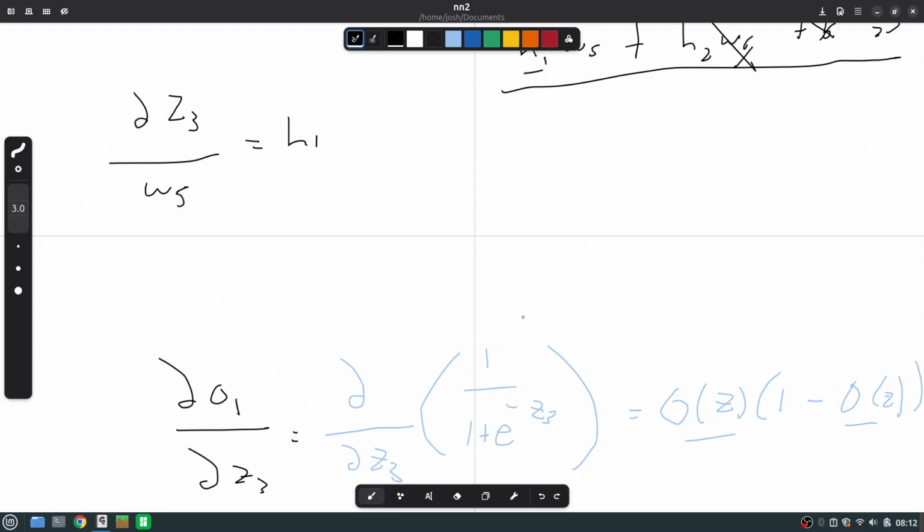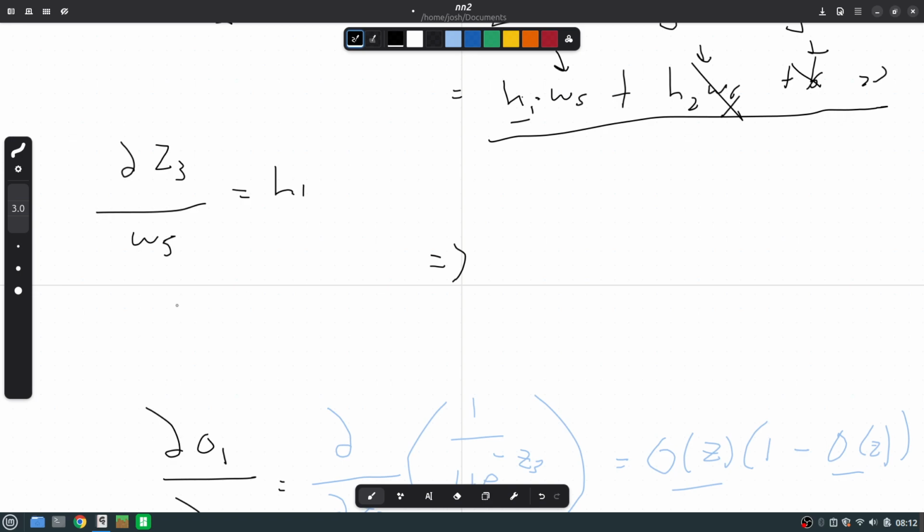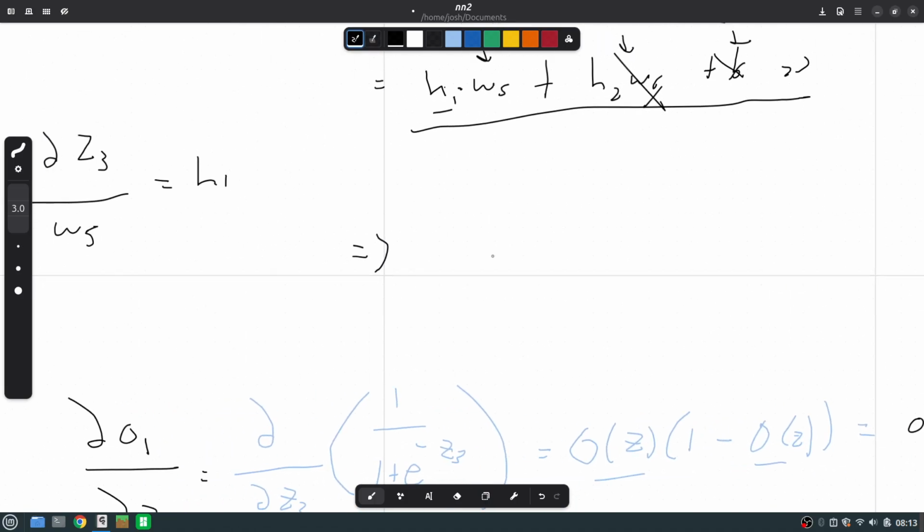What I'm going to do, though, is a little bit of trickery. So now you have the partial derivative of the loss with respect to W5. You would do the same thing for W6, and you would do the same thing for the bias as well. And you do this for every weight and bias in a network. And this is the idea of backpropagation. It's not very difficult at all. So what we're going to do,